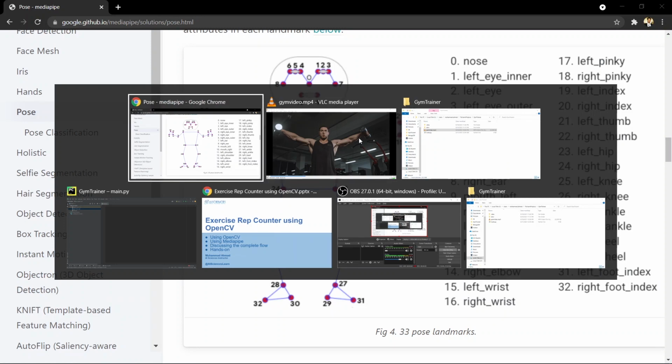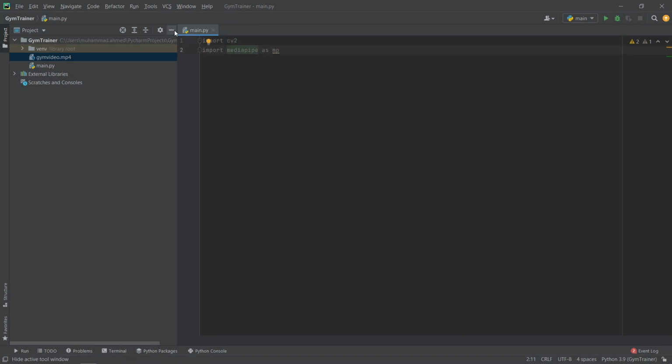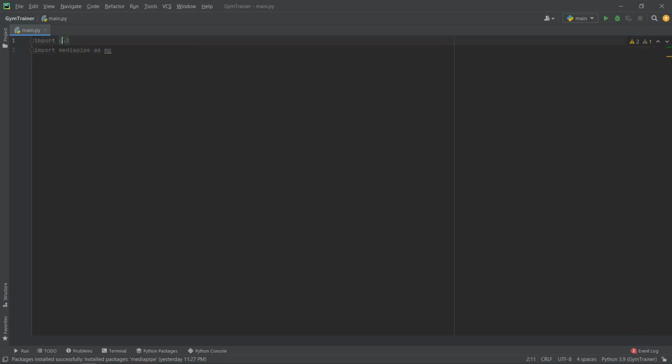For getting the landmarks, again we will be using the MediaPipe library. So I guess this is quite enough for the theoretical section. Let's just do the hands-on now. The first thing is we have to import cv2, and we have to import mediapipe as mp. You must be getting this underlined in red because there is a strong chance that you have not downloaded the libraries. To get the libraries, you just need to click on it, press Alt and Enter, and instead of providing you the option to optimize imports, it will provide you with the option to import the library. You just need to click on it and you are good to go.